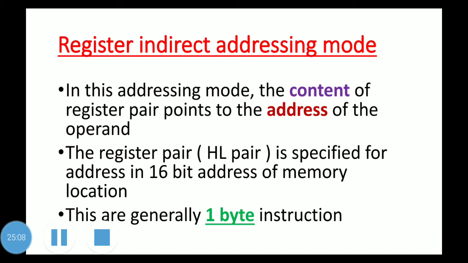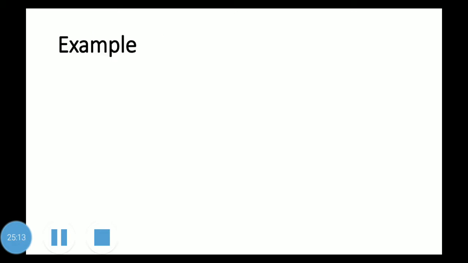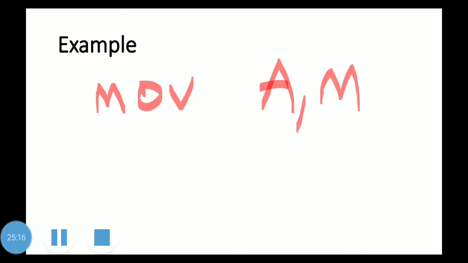Let us understand it with an example. Let us consider one example, MOV A, M. In the beginning I specified the general purpose registers. Take this video back and see those general purpose registers. In those general purpose registers, is there any letter specified as M? No. Then what is M? How do we use this M here? To make this doubt clear, I will give one example. Let's go to the example.